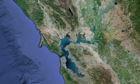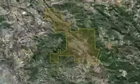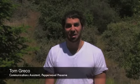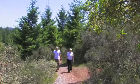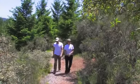We're here at Pepperwood Preserve, a 3,200-acre nature preserve and ecological institute dedicated to stewarding the lives and animals here on the preserve, as well as educating our community about science-based conservation and research. When Pepperwood discovered iNaturalist, we realized it was the perfect tool for us to use with our local volunteers who function as citizen scientists here on the preserve, assisting professors from the University of California, Stanford, and other universities in